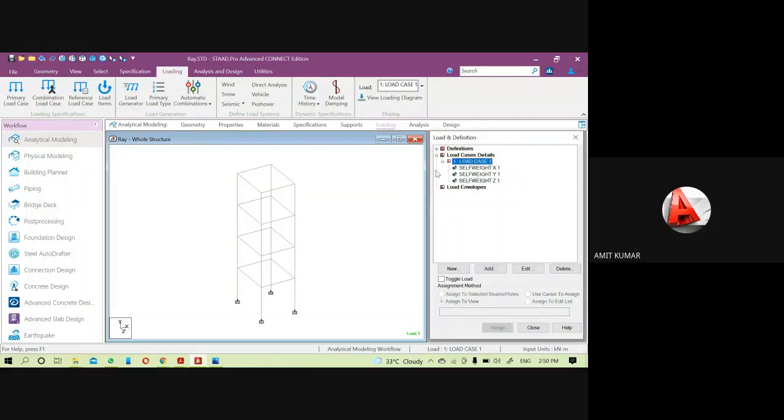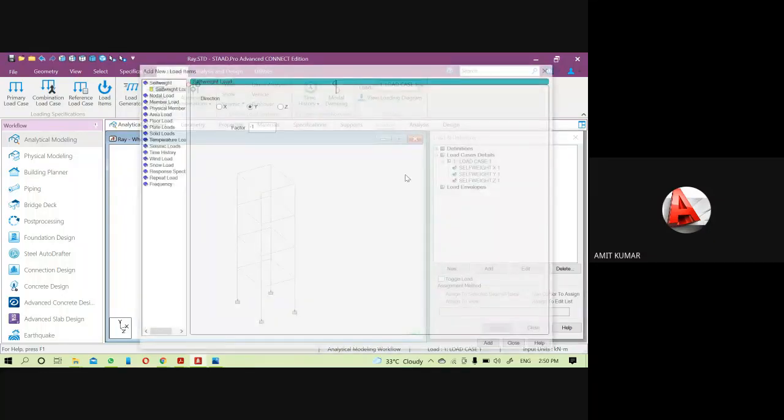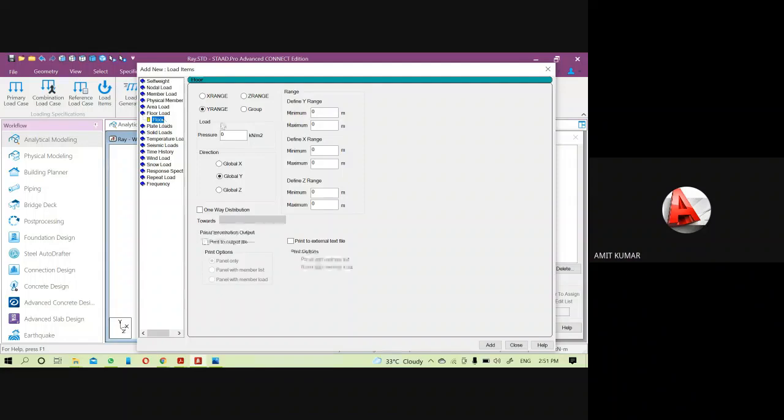Then I will add the floor load also in this load case. Floor load along the global x, global y, and global z, all three dimensions. So first select it for the global x, then for the global y, and for the global z.